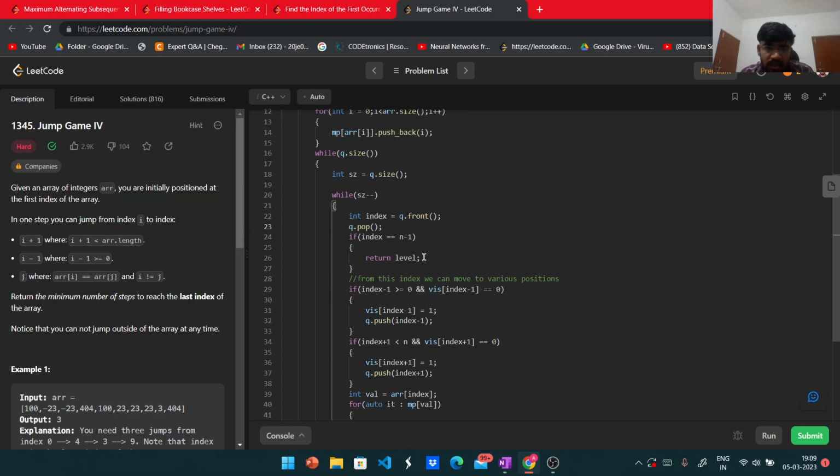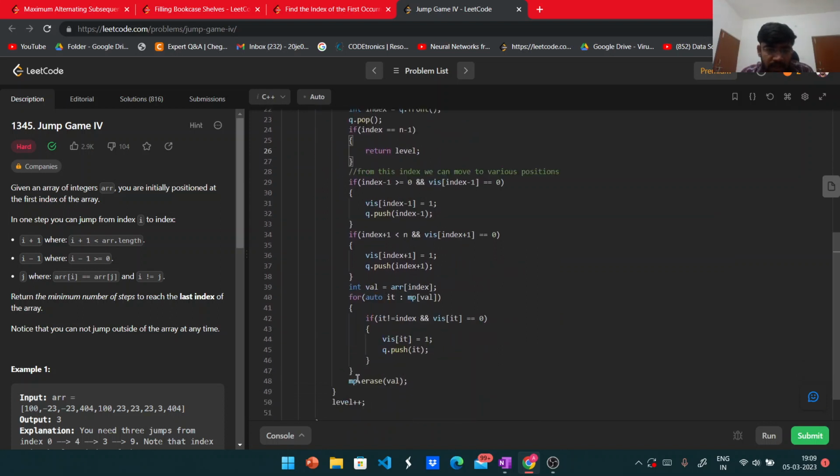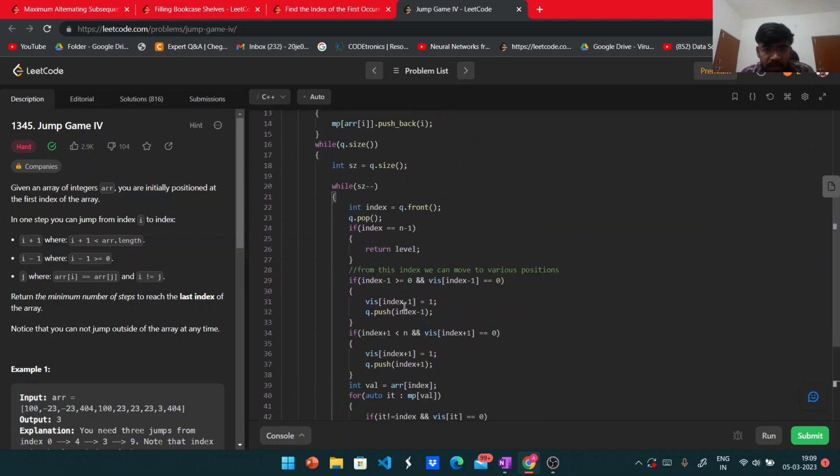So what is this level? This level has been updated each and every time after each level. Cool. So if I am able to reach it, I will return level. And in case my index minus 1 is a valid index, I mean I am standing at the current index, and if it is not visited, what I do, I first